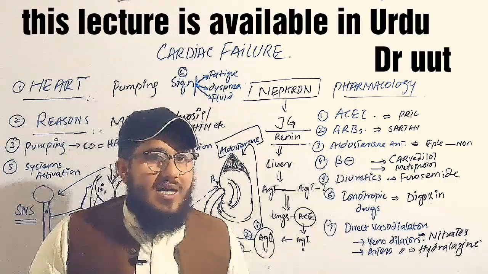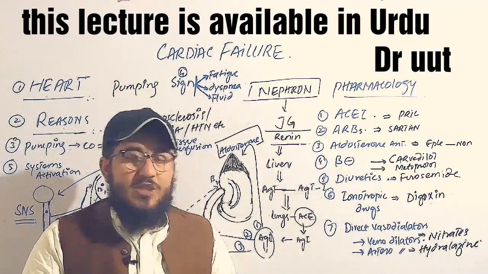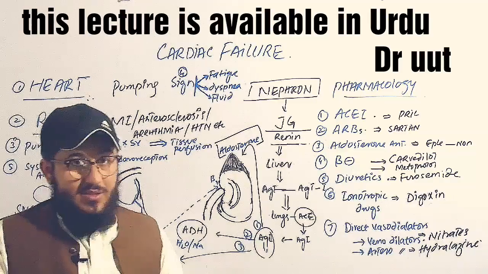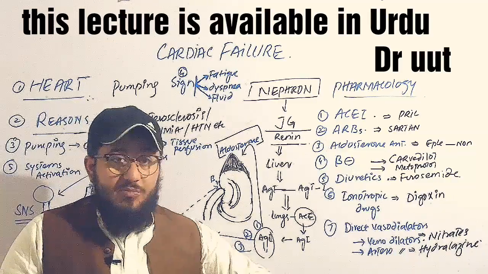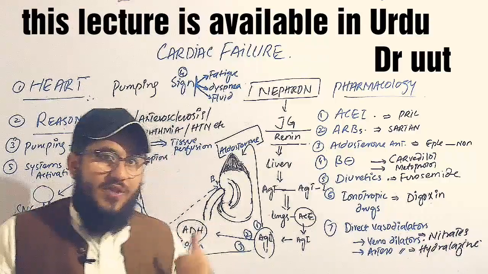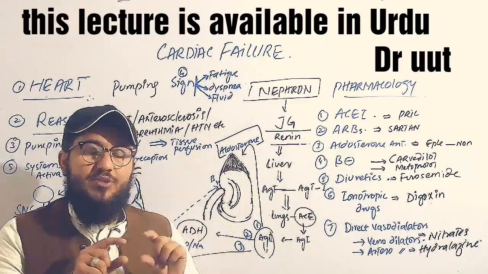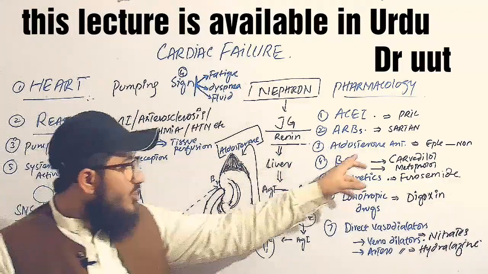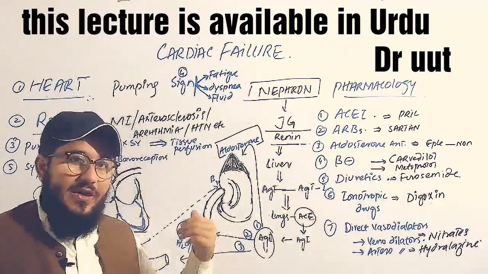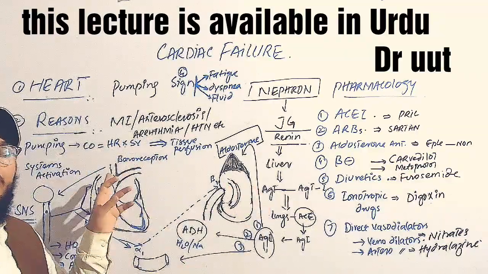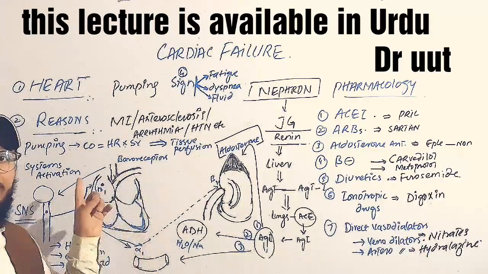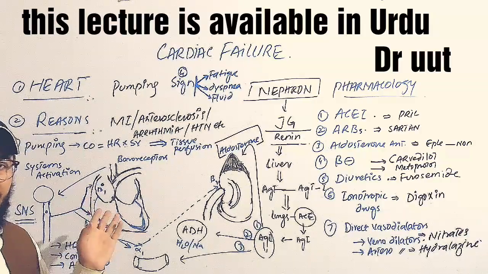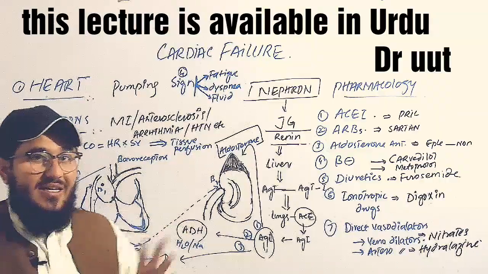And we have the next class, that is the aldosterone antagonists, like spironolactone, eplerenone. Aldosterone antagonists will act on the aldosterone receptors. And you know that they were responsible to do the reabsorption of the water, and somehow they are actually helping us in the potassium maintenance level also. Well, we'll come to the point, to this specific point, that aldosterone antagonists are actually helping us to reduce again the venous return, and they will also again, if the venous return is decreased, you can say that the preload is decreased on the heart. When the preload is decreased on the heart, so you can say that the stress is a bit decreased.